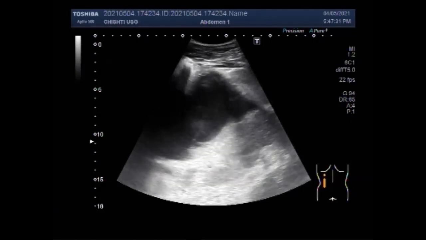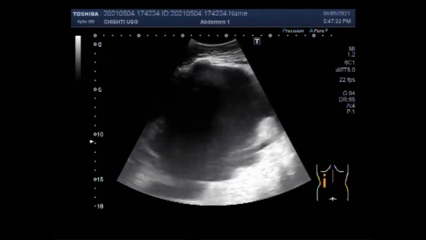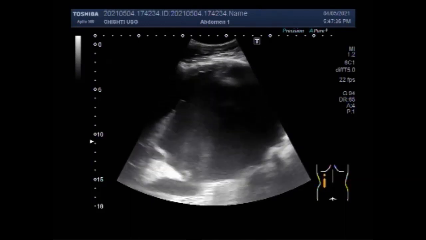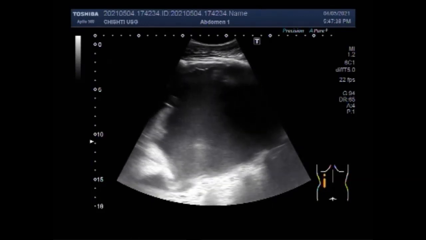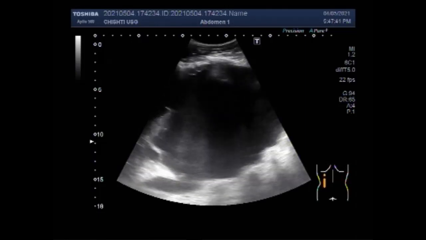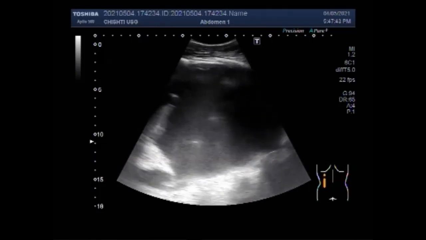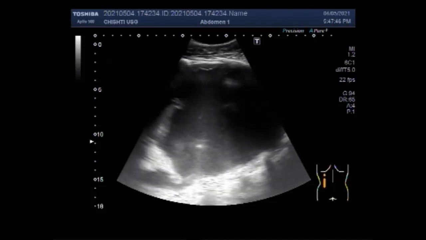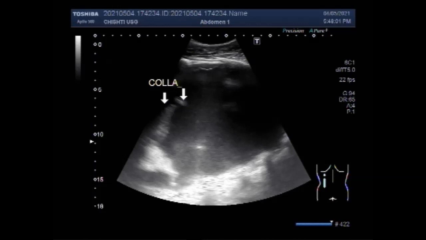Atelectasis is caused by a blockage of air passages, bronchus or bronchioles, or by pressure on the outside of the lung from diseases, mucus that plugs the airway, or pressure on the lung caused by a buildup of fluid between the ribs and the lungs called the pleural effusion. Now this is the collapsed lung tissue which is floating inside this large massive pleural effusion.